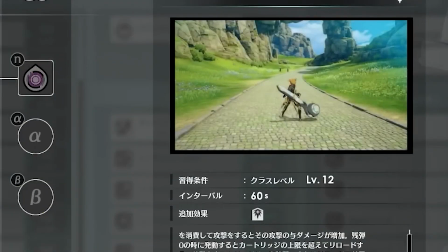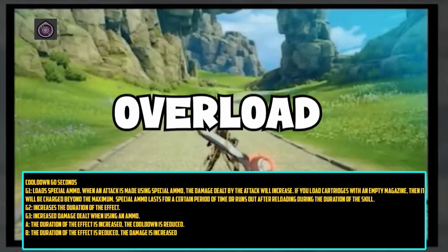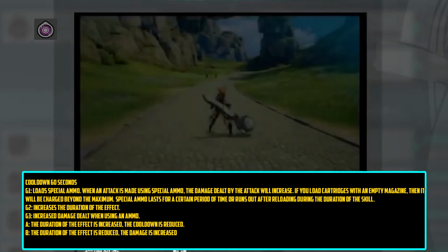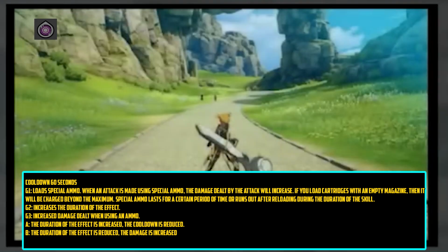And finally, we land on our final active skill. I said final twice. Overload, which has a 60-second cooldown. This loads special ammo that deals extra damage if used in your attacks. If you load these cartridges on an empty magazine, they will overflow into the magazine. The special ammo is also on the timer here, so do pay attention as they can disappear if they're not